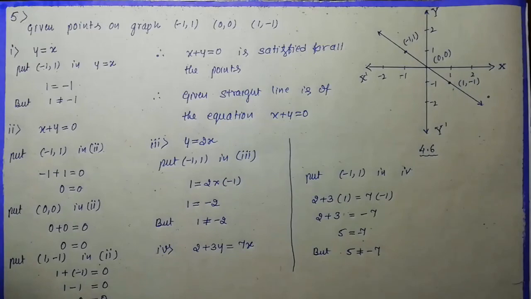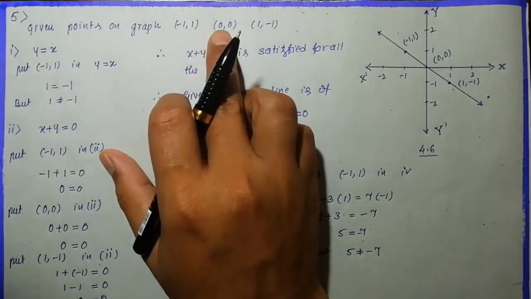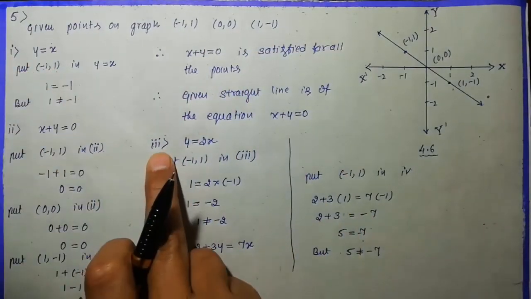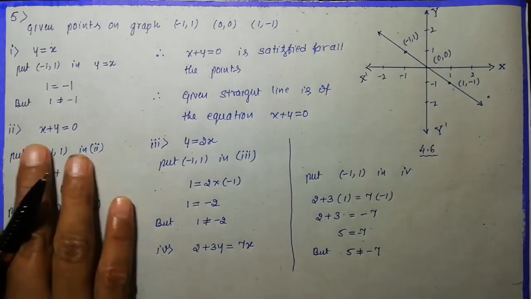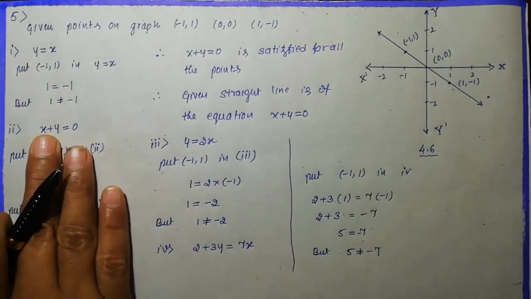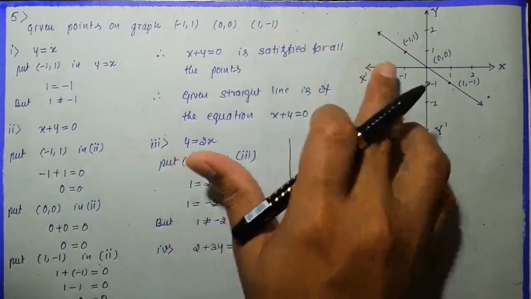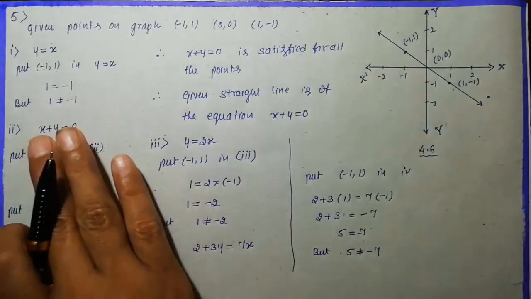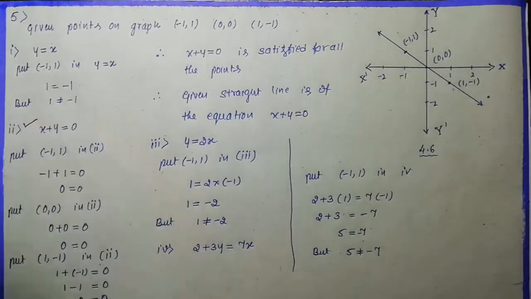So the fourth one is not satisfied by the point minus 1 comma 1, and it's not necessary to verify the other points. So the first, third and fourth are wrong. The right option is the second one, x plus y is equal to 0, because this equation is satisfied by these 3 points, and if you take any point on this line, its coordinates are a solution of this equation. So option 2 is the right answer.